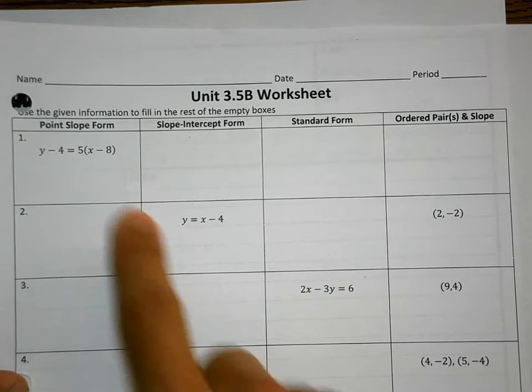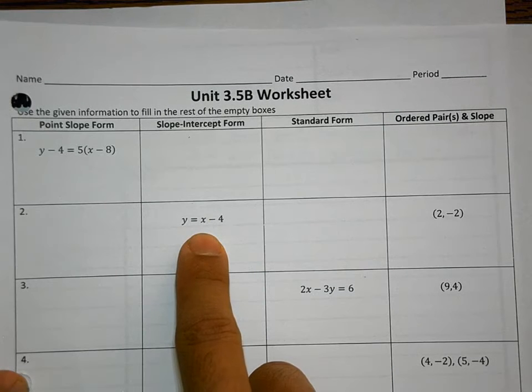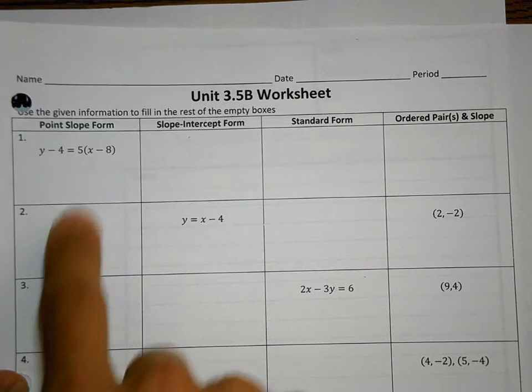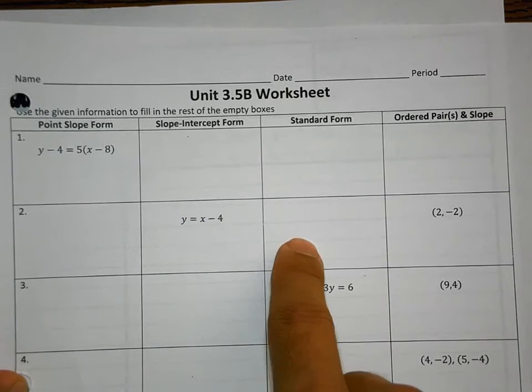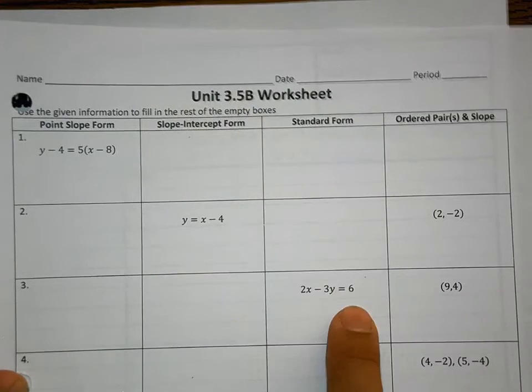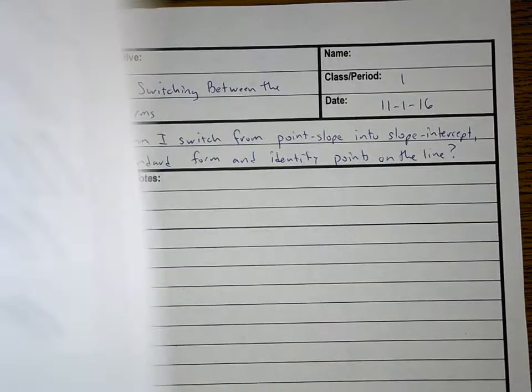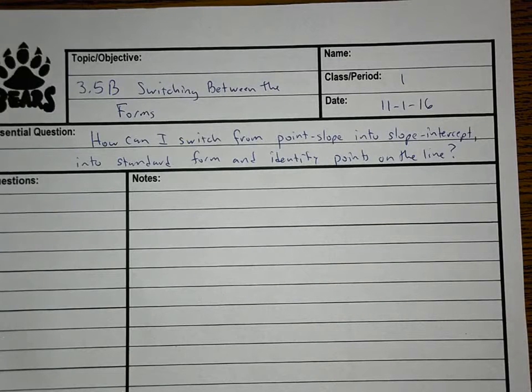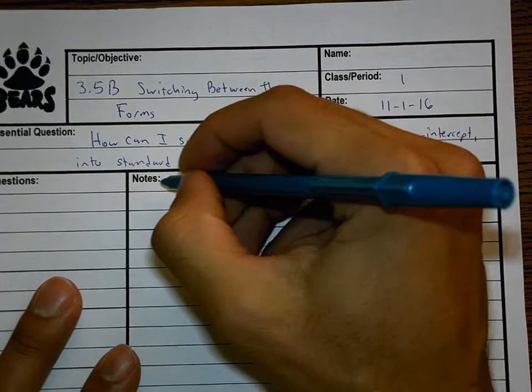And sometimes I'm going to ask you, well, this is what it is in slope-intercept form. How are you going to write it in point-slope form? How are you going to write it in standard form? And so on. So it depends on how I give it to you what you're going to have to find. So the first thing I want you to know how to do is how to switch from point-slope